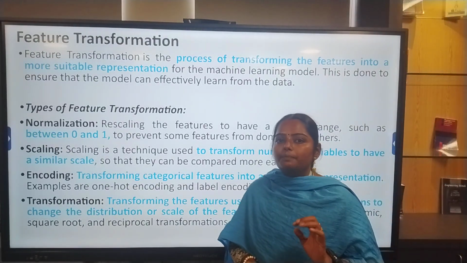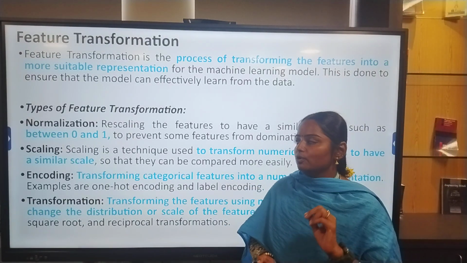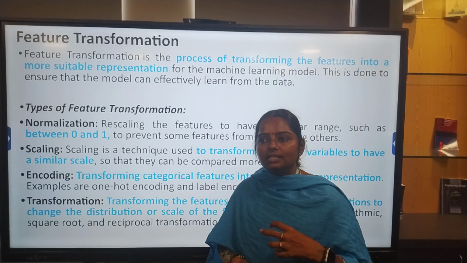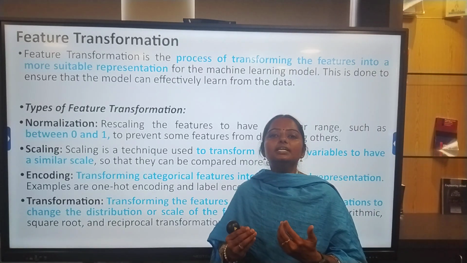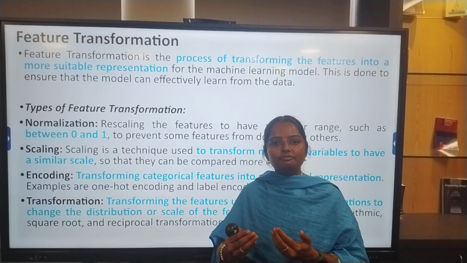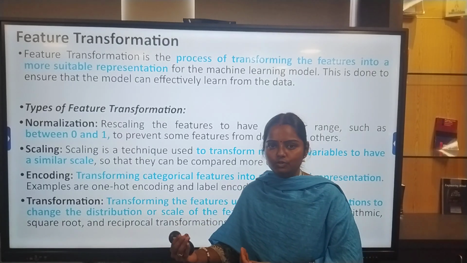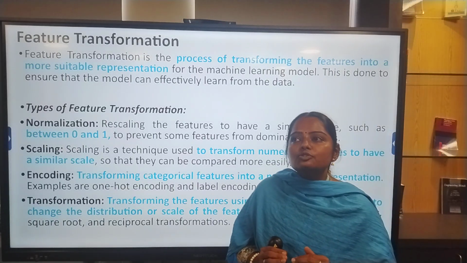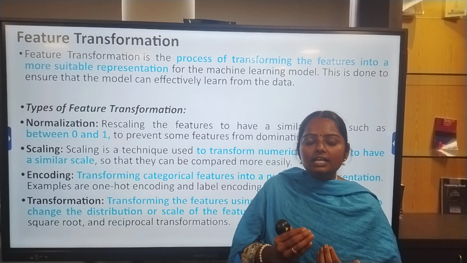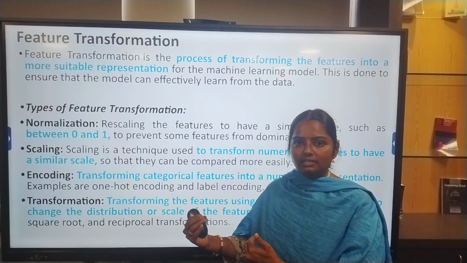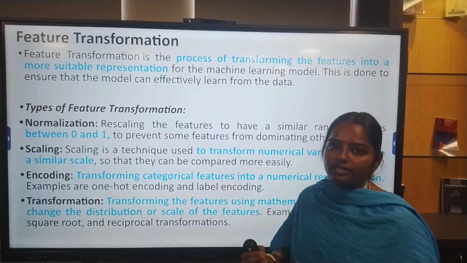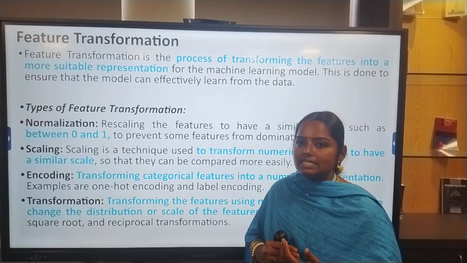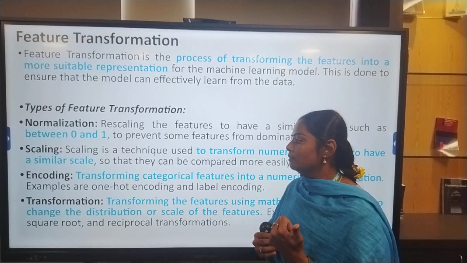Let us see what is happening in phase 2, the second process, feature transformation. We all know transformation is when I try to convert the representation or form of data into a useful manner. That is called feature transformation. If I want to convert the data from one representation into another, I have some types. My first one is based on the normalization technique, second one is scaling, third one is encoding, and my fourth one is